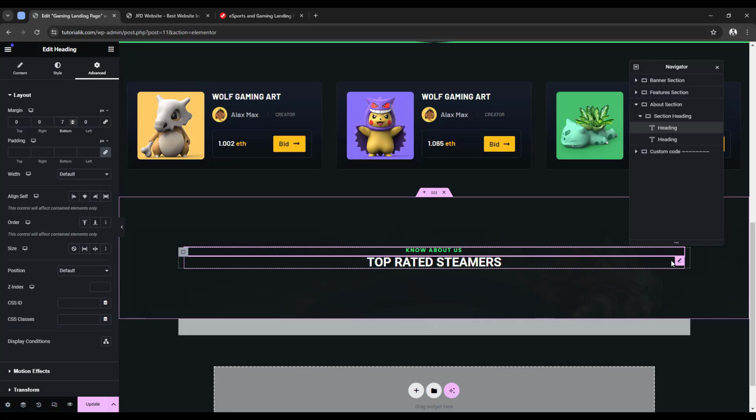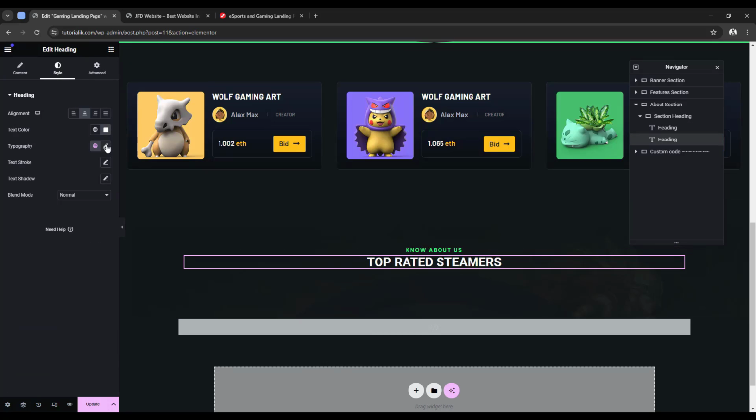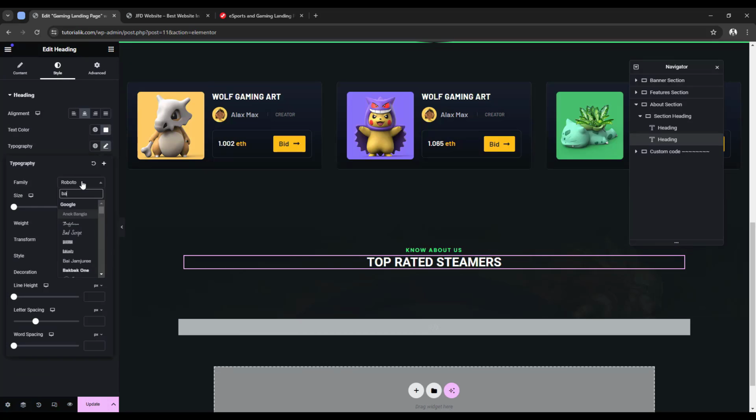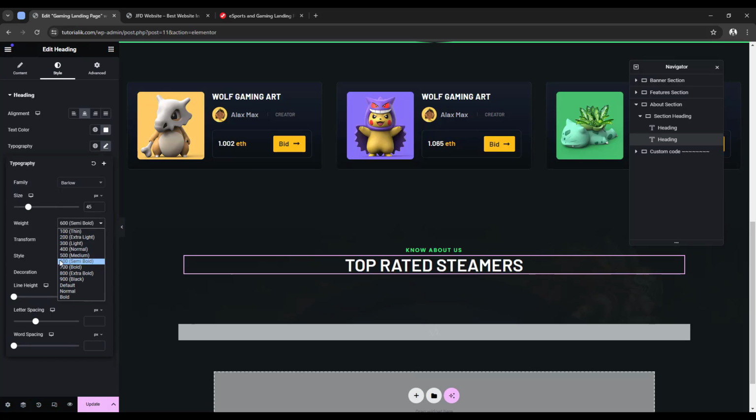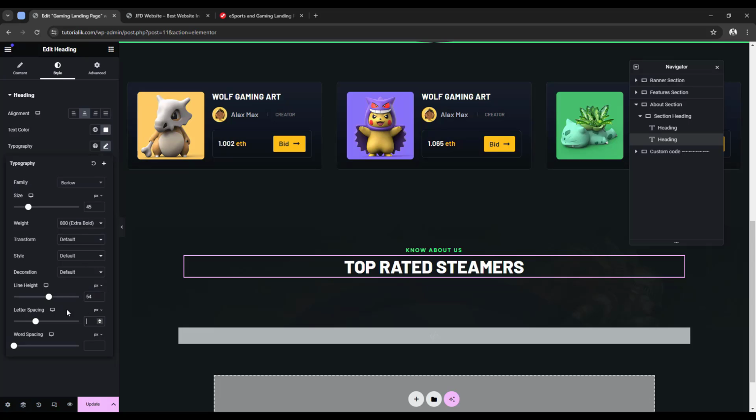space on the bottom. Now let's go back to this, and typography, let's make it Barlow, font size 45 pixel, and font weight, let's make it 800, which is extra bold. Then the line height, let's make it 54 pixel, the letter spacing 1 pixel, and it will become nice like